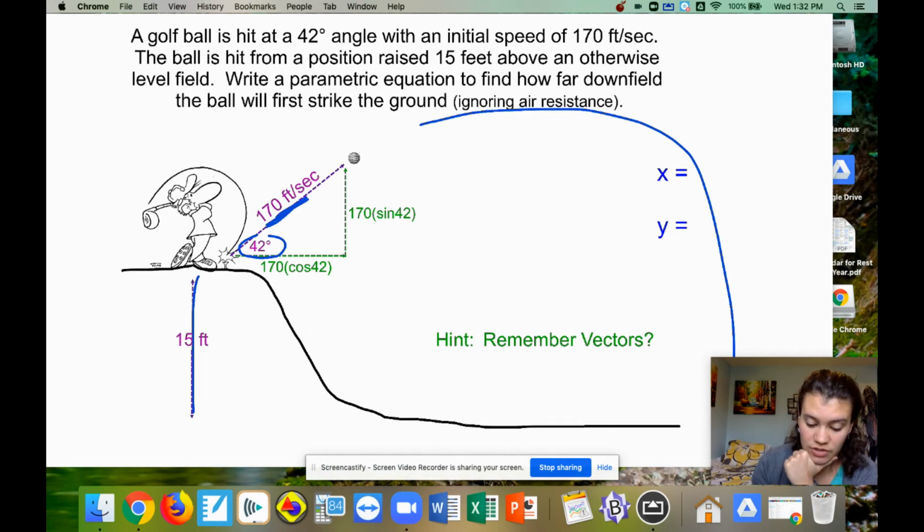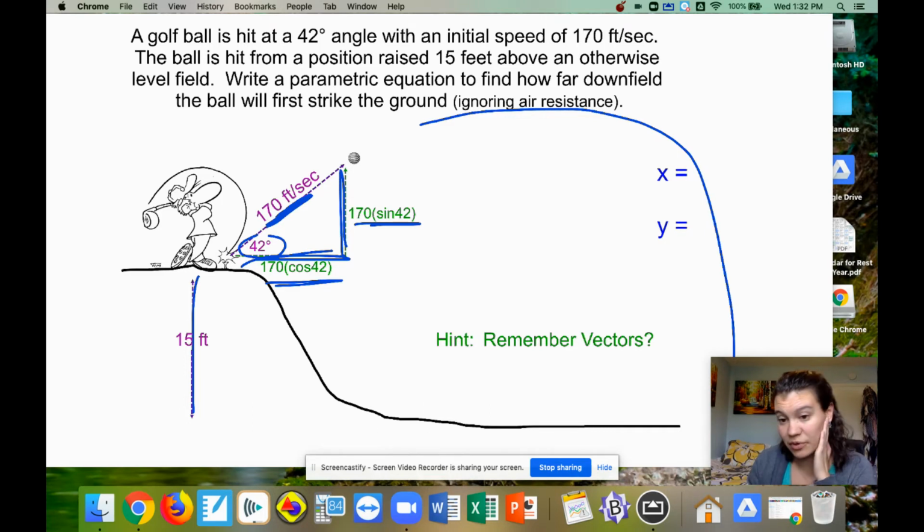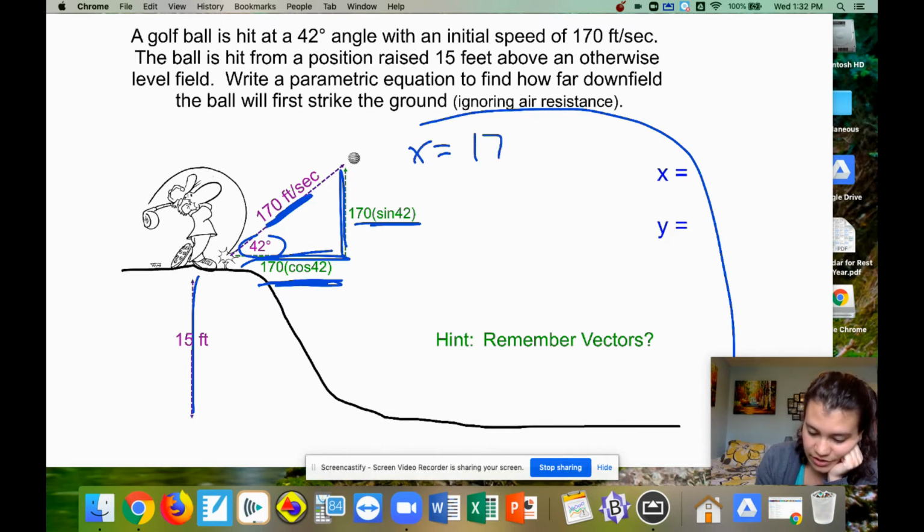You can do that by breaking this 170 up using what we did with vectors. If I'm going to write out this equation, our x or horizontal motion is just this. There's no gravity, there's nothing else. We're not like 5 feet to the side. So the x is just 170 cosine of 42